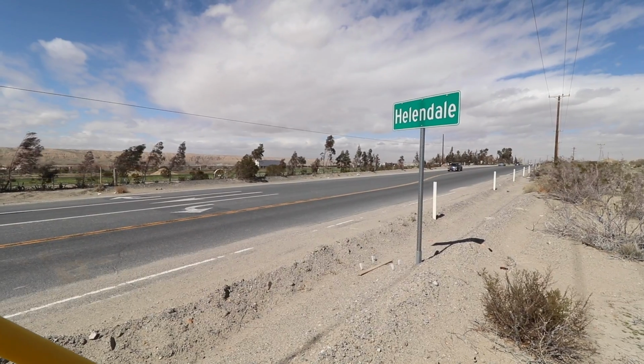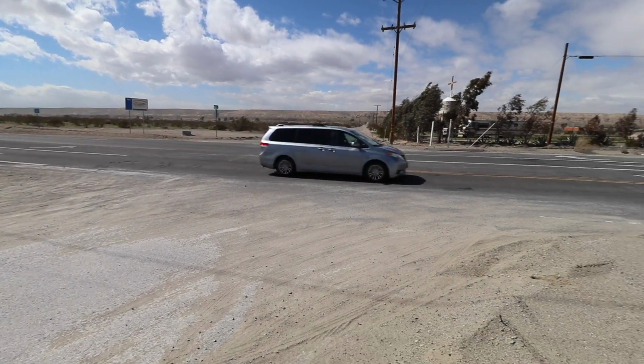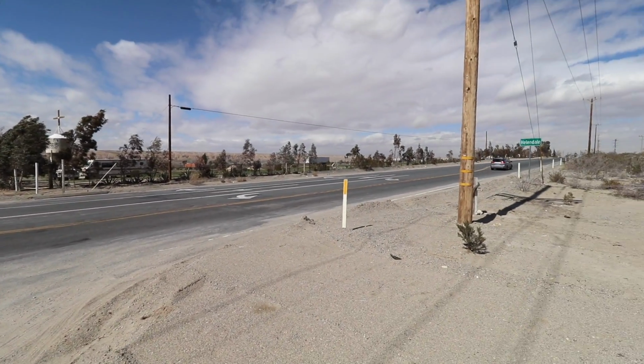But there is one more quick stop I'd like to make outside the town of Helendale. At first glance, it really doesn't seem like there's that much to see in Helendale, but it's actually the home of a very famous modern Route 66 landmark. This is another one of those places that I've never been but always wanted to go to. This is my first look at it, and I gotta say,